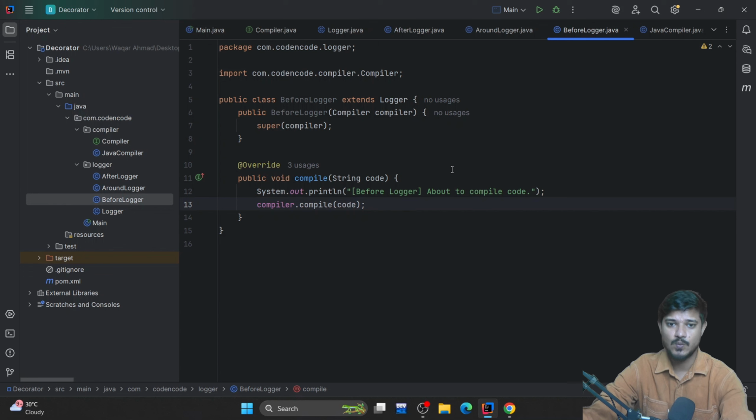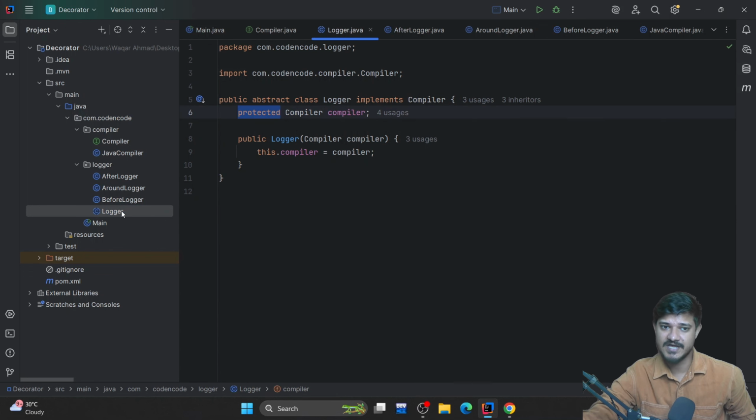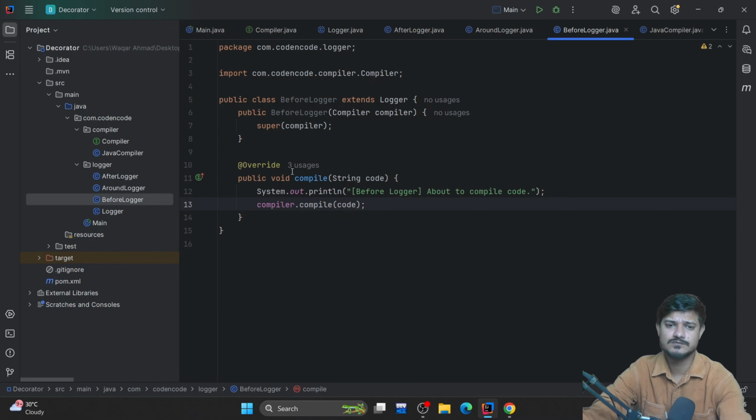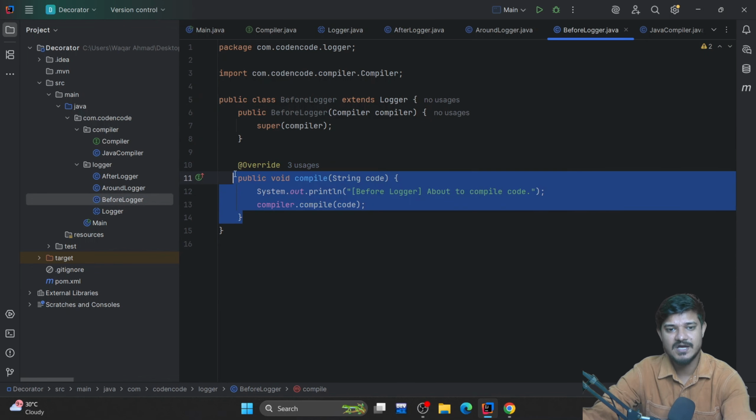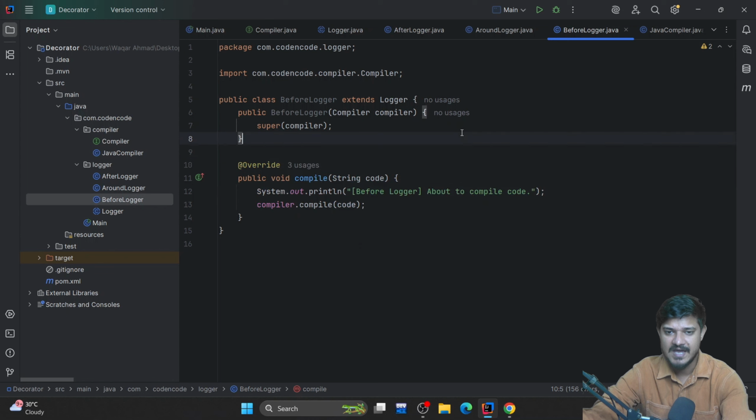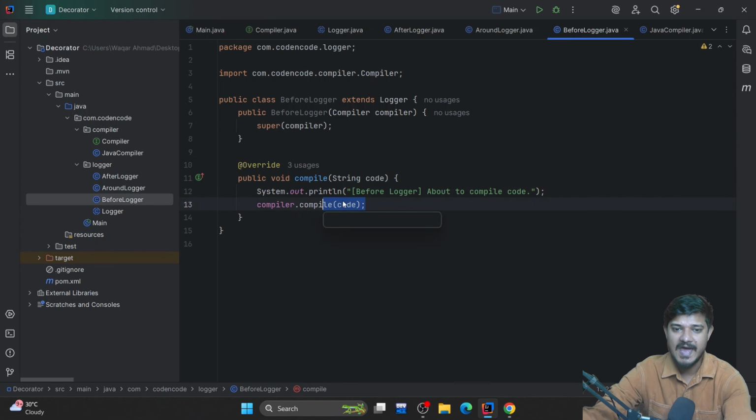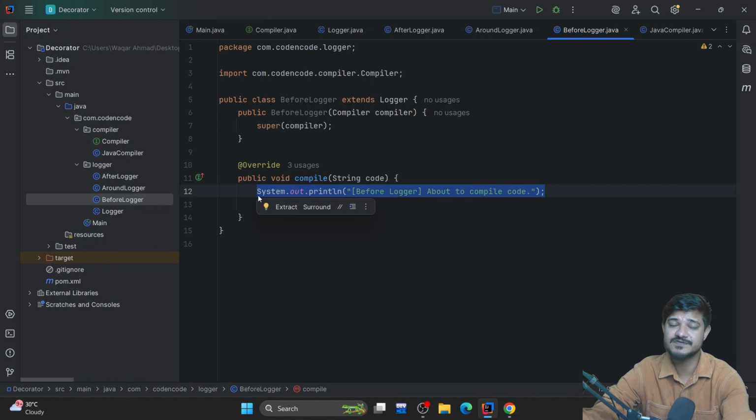So you see what we are doing, we have an abstract class, the decorator, and inside of it you will have the reference to the component, right? So we are using composition. Now I have defined logger, right? Inside of it, I'll simply override the method, and then you can add a feature. Here I have added the feature of logging